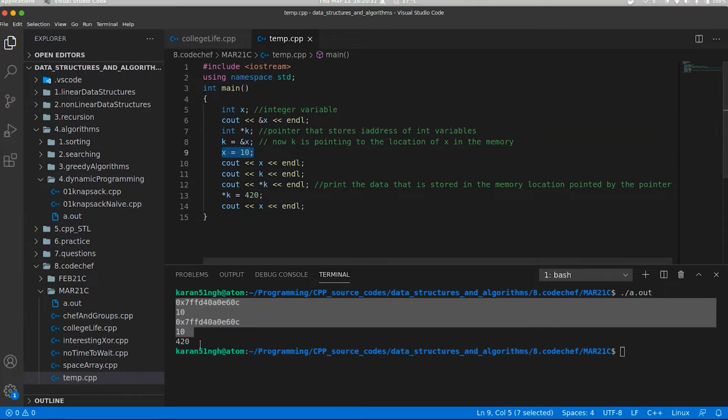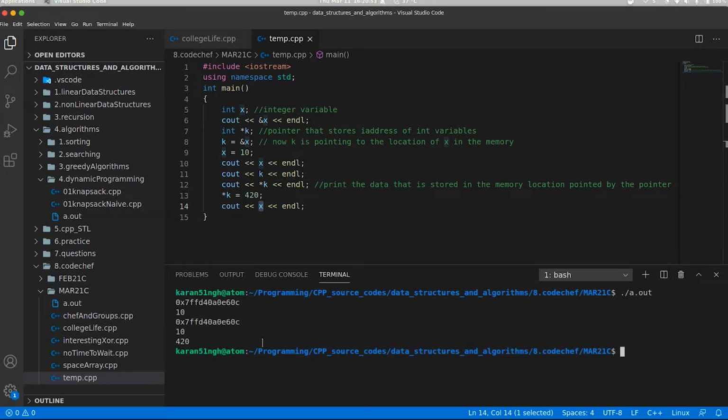So ideally, 10 should have been printed, but because I used the star operator with k, which is storing the address of x, we were able to manipulate the data stored in that location, and that location was assigned to x. Therefore the new data stored in x was printed out, and that is 420. So this is the magic of pointers: you can manipulate the memory.